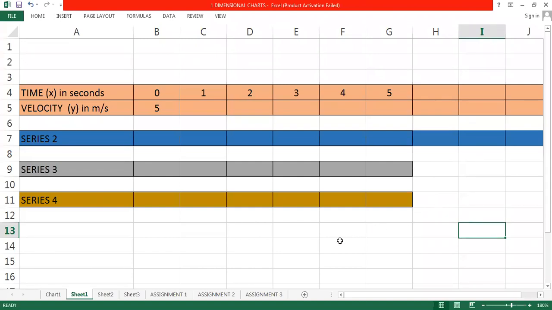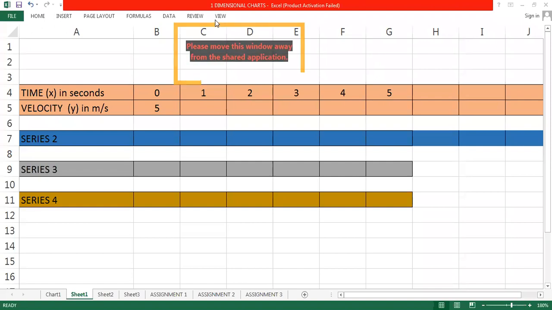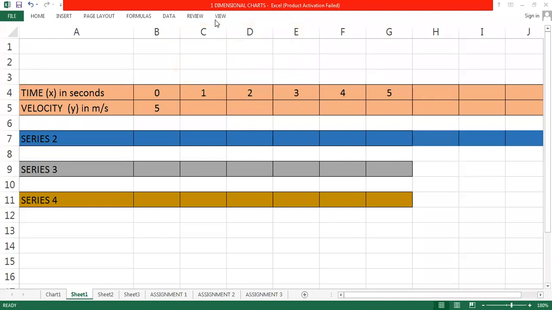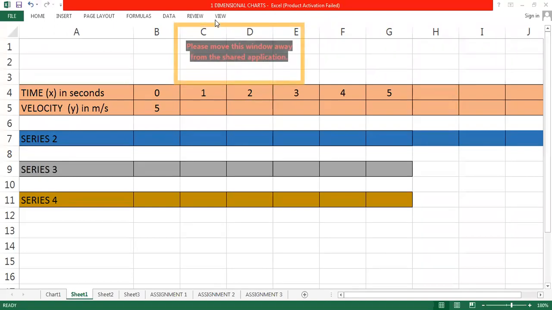The object is moving with a uniform velocity of 5 meters per second. Okay, very good. That's why I'm asking you. Yes, some of them are giving me the answer as 10 and some of them are giving me the answer as 5. Now my question to those who are saying the velocity will be 10.